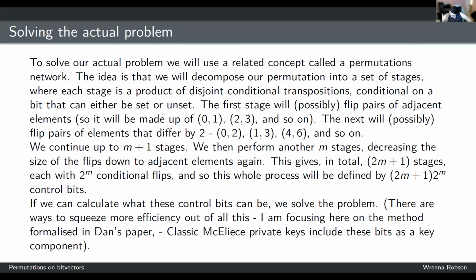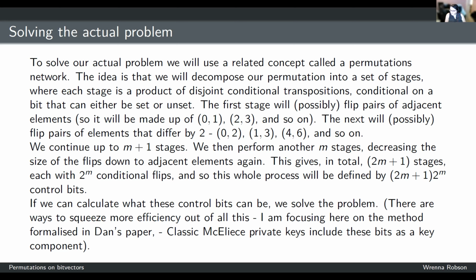And that means this whole process has had 2 to the m plus 1 stages, and each stage had 2 to the m flips, possibly flips, and I need a bit to control each of those. So this whole thing is controlled by 2 to the m plus 1 times 2 to the m bits. And it basically turns out, having calculated these control bits, which is a decomposition of my permutation into a product of involutions, where those involutions are all products of disjoint transpositions, then that will solve the problem. I didn't write it here, but it's going to give you a way of applying your permutation